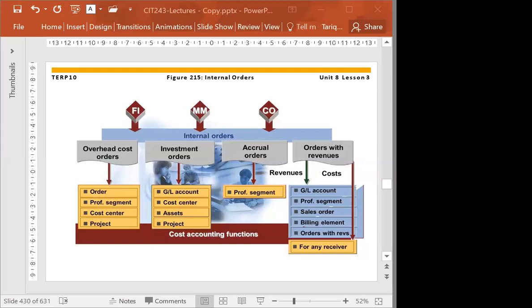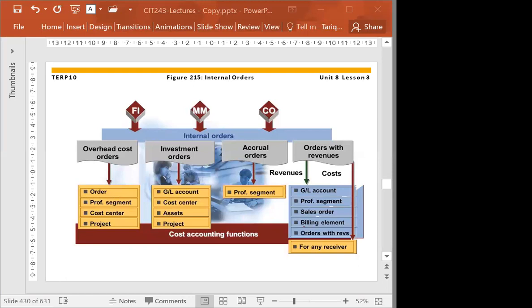So we are accumulating your vacation salary in that order, or we are calculating your vacation days. Every month you earn like 3 days or 4 days. So at the end of the year, you got accumulated vacation. If you're doing that kind of activity, we call that internal order an accrual order.